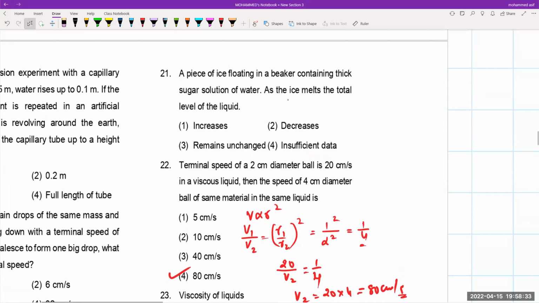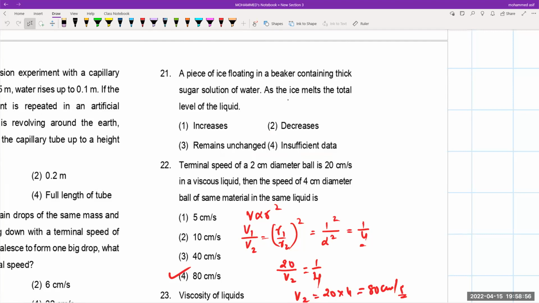चलो नेक्स्ट वन 21, ये भी मैंने कितने की बार करवाया था यार, isn't it? A piece of ice floating in a beaker containing the thick sugar solution of the water. As the ice melts, the total level of the liquid क्या हो जाएगा? See, ice is floating in a beaker containing a thick solution. थिक सुगर सॉल्यूशन में जब आइस फ्लोट कर रहा है, मतलब जैसे आइस का वेट होगा ना,